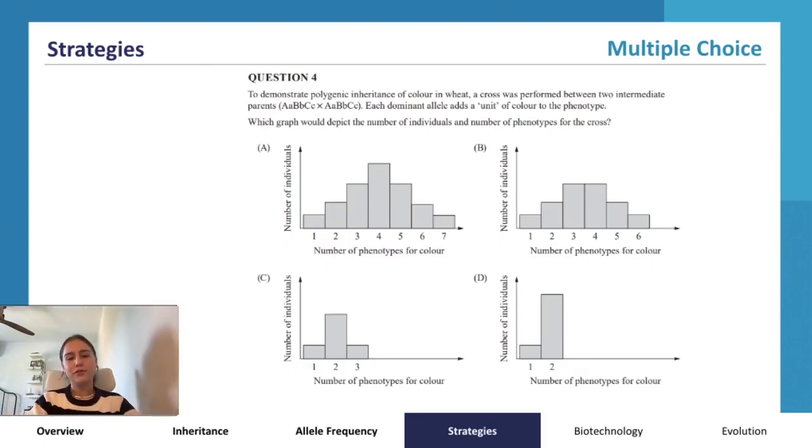So to solve this problem, we need to understand polygenic inheritance, which, as I mentioned, is where multiple genes influence a single trait. In this case, wheat colour is controlled by 3 genes, A, B, and C, and each dominant allele contributes 1 unit of colour. So if we cross 2 intermediate parents, which would have the genotype big A, big B, little b, and big C, little c, we result in offspring that vary with varying combinations of dominant and recessive alleles, ranging from 0